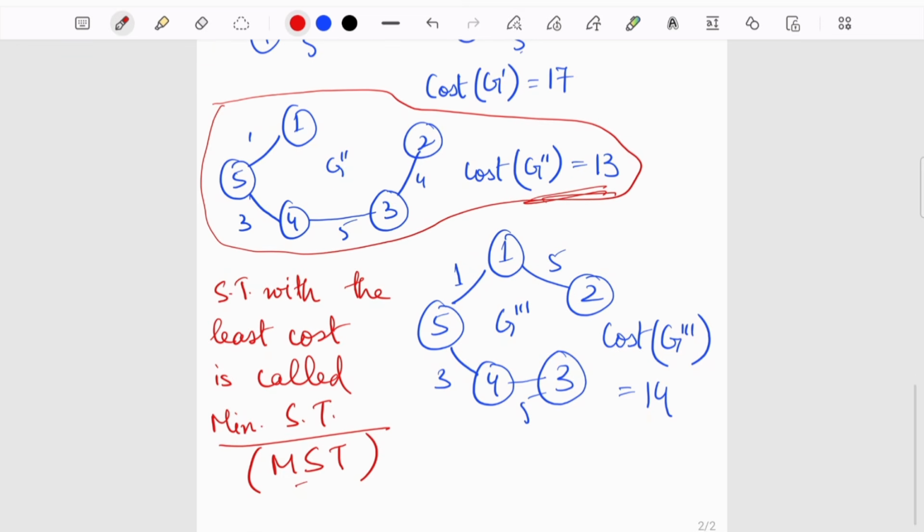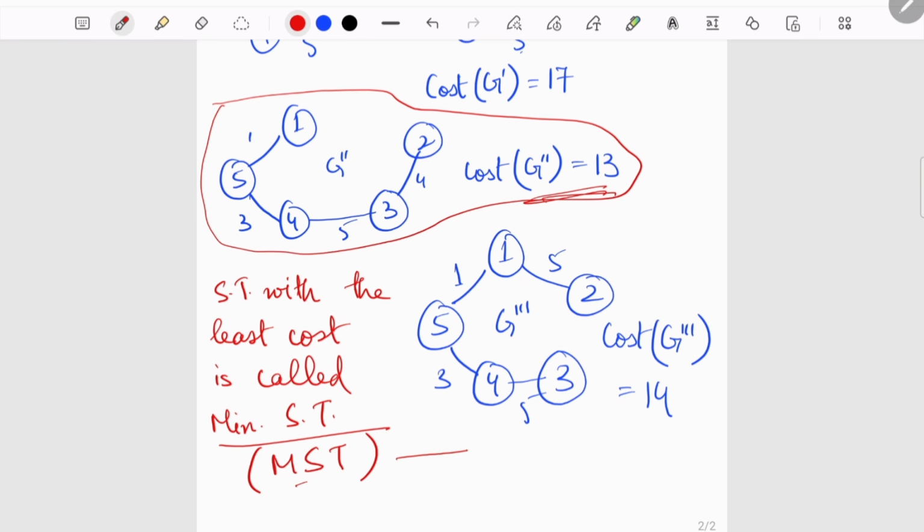But say you have a very dense graph, with around 50 vertices and many edges. It is a dense one, so nearly all the nodes are connected to all the other vertices. Then, manually finding all the spanning trees and then finding the spanning tree with the least cost, the MST, is going to be time consuming.